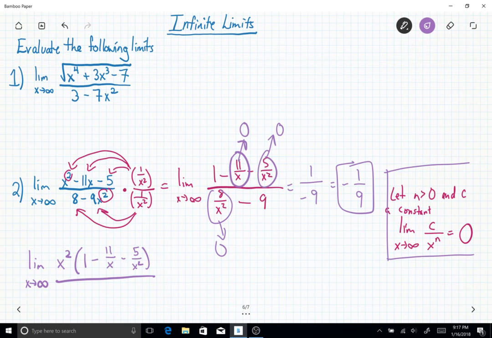Actually, I kind of misspoke if I did say that. C can be any constant. N has to be positive. And the reason why, if n is negative and it's in the denominator, that moves n back up to the numerator. It's just kind of a little trick. So